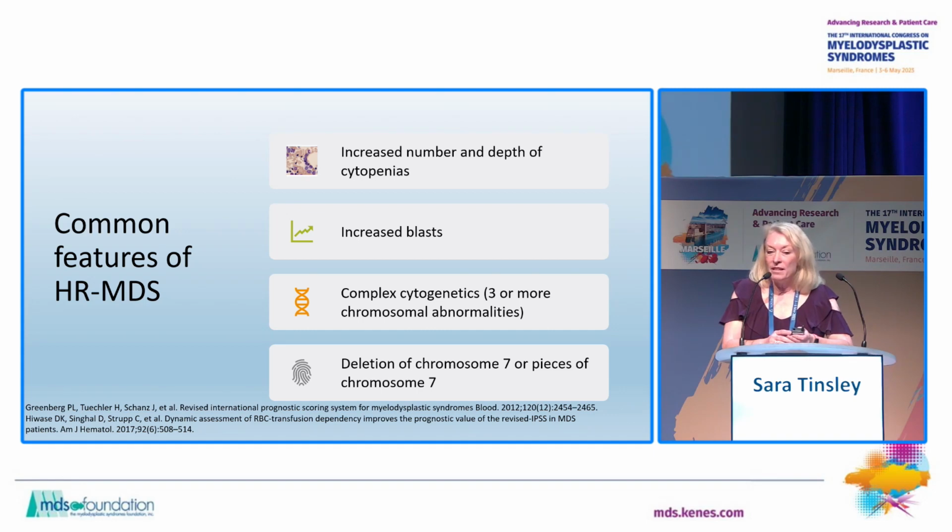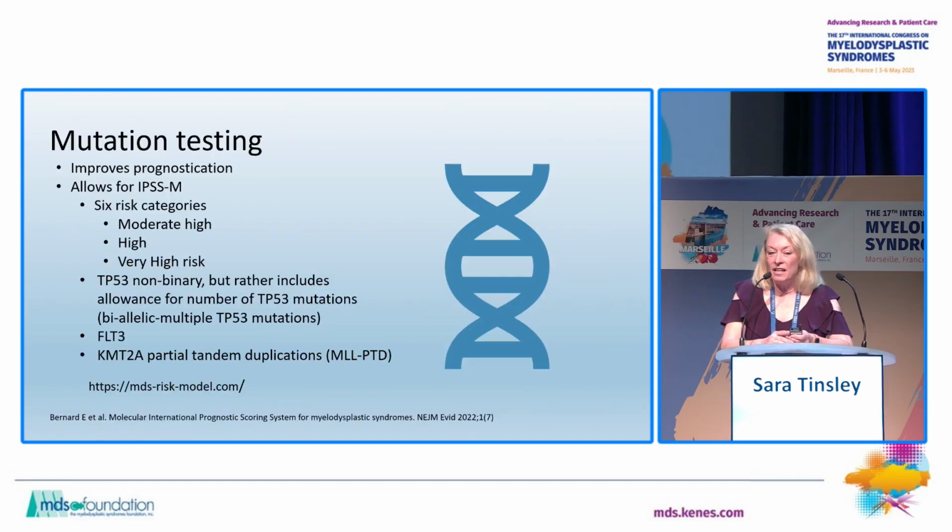And we know complex cytogenetics and certain deletions of chromosome 7 or pieces of chromosome 7 and 17p deletion. So even though we can look at the different prognostic scoring systems and put patients into each one of those, you will find that some of these things are pretty similar between them. You just have to add on to what you learned before. And then the mutation testing, really this is where everything is going. And I've been doing this long enough that the ability to detect these mutations has evolved during my lifetime.